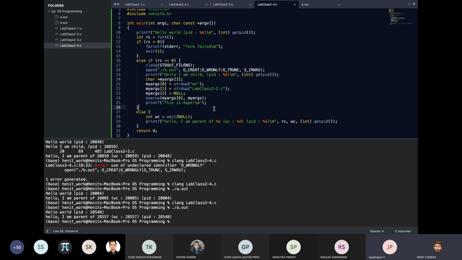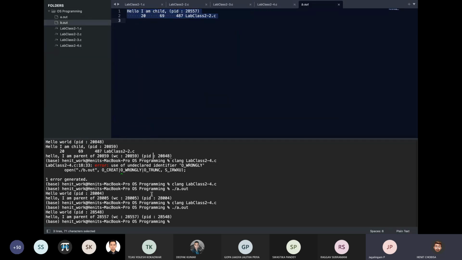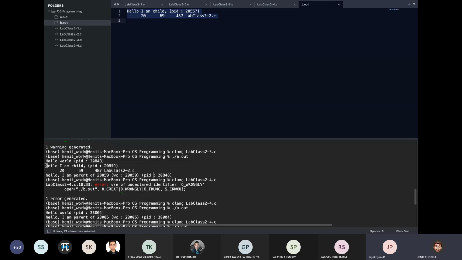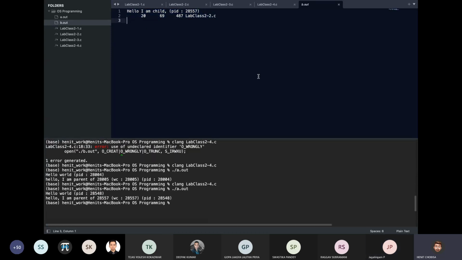That is what is happening in the code. Whatever the child printed, this used to be our child output, "Hello, I am child," and this is all in this file right now, not in the shell. Good.